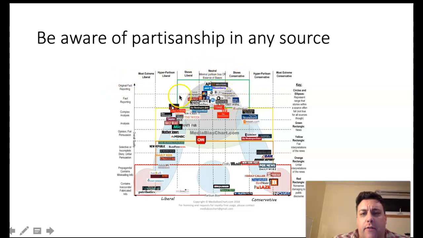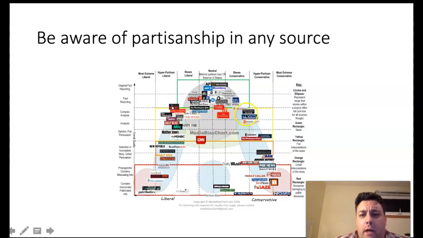So in general, you're looking for sources that are in this green box. It would be okay to dip down into this yellow box. You'll notice I listed the Economist on that previous slide, and they're listed under here. That's because they're doing a little bit more analysis than reporting, and that analysis is sometimes useful for us. I also recommended Vox, and they're in this yellow box here too, but they very much